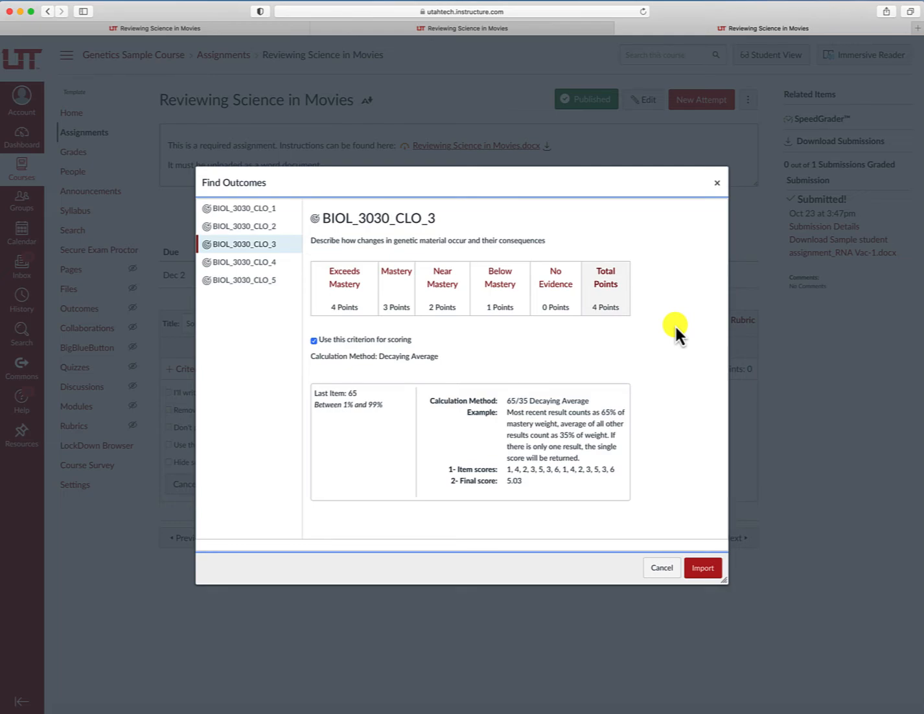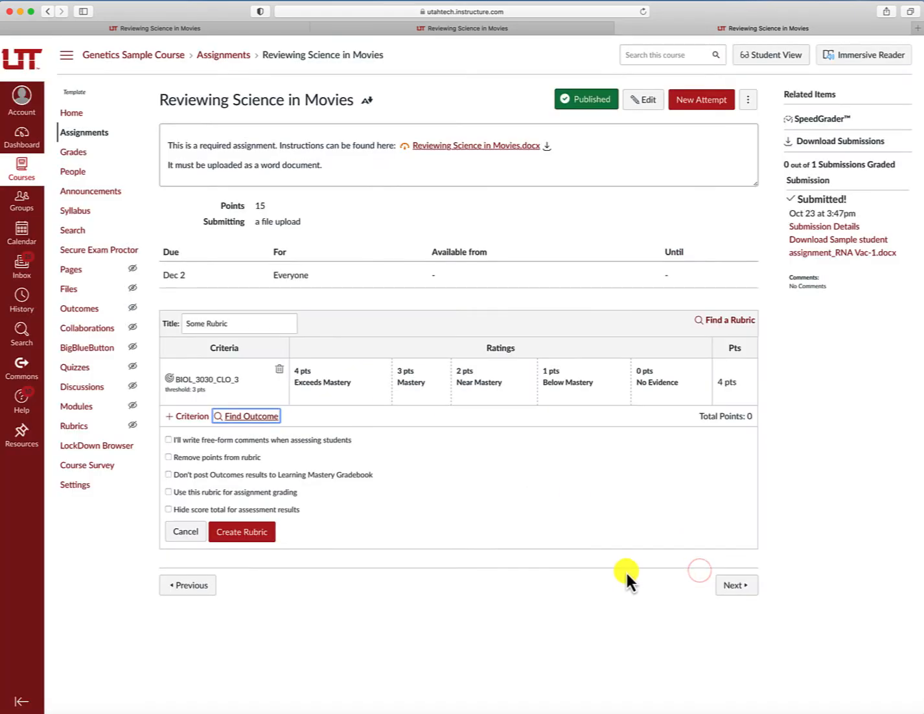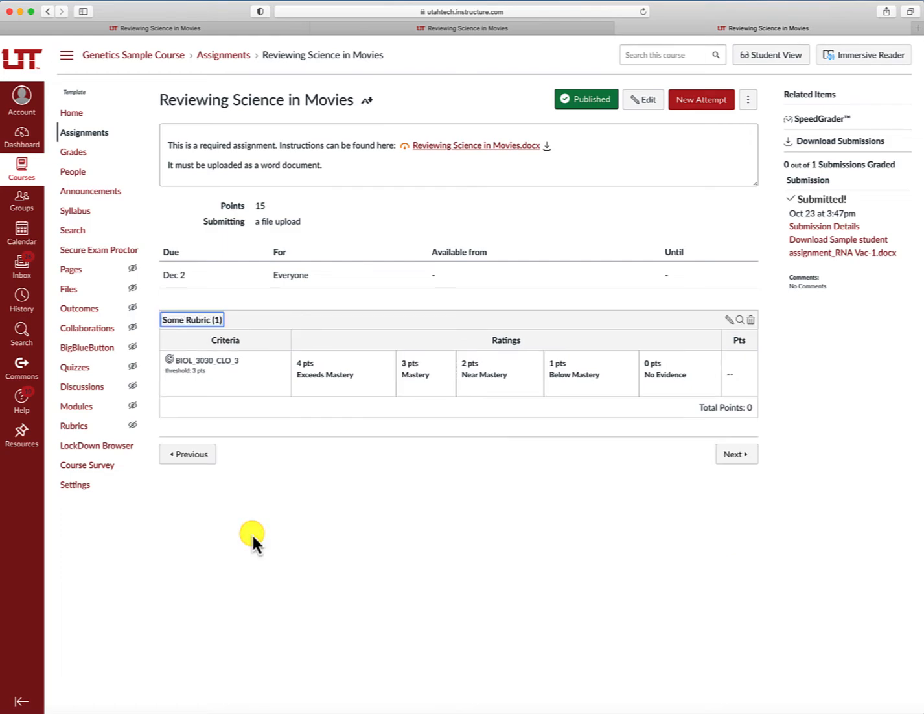My recommendation is that you uncheck this box. That won't change the point value at all for the assignment. And so here we create the rubric, and now we just have a rubric with only our 4-point Likert scale. And then when we go to our speed grader,